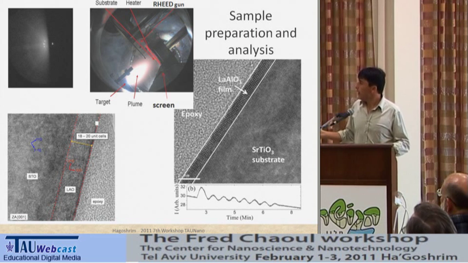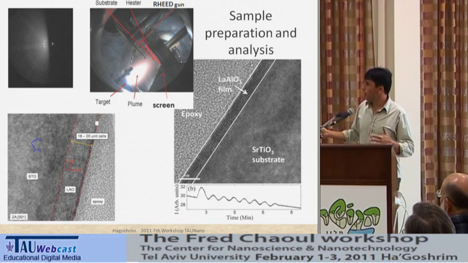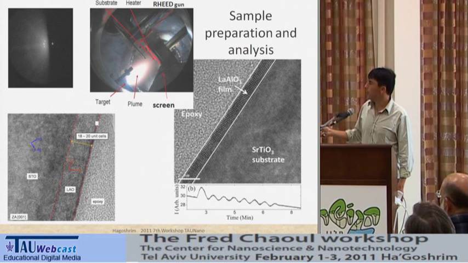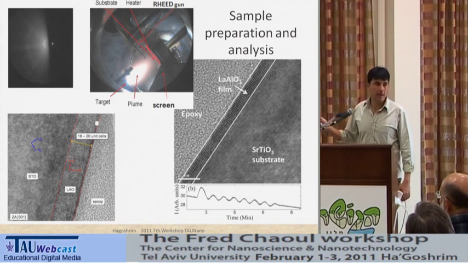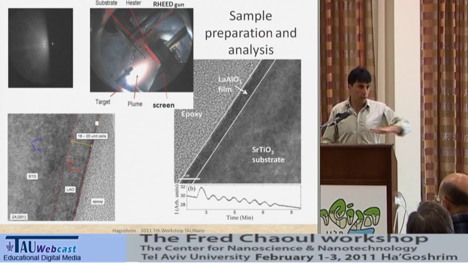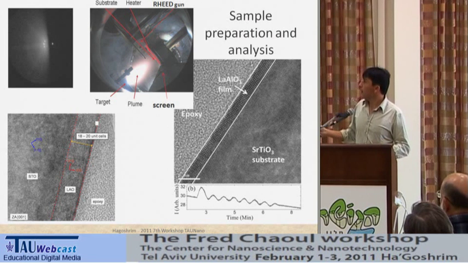So here you can look at the growth process. Here you have 1 unit cell, 2, 3, 4, 5, 6, 7, and 8 unit cells. Whenever you complete a layer, you have a peak in your intensity. So here we know that we grew 8 unit cells, and then we went to the TEM, or Moshe Ben